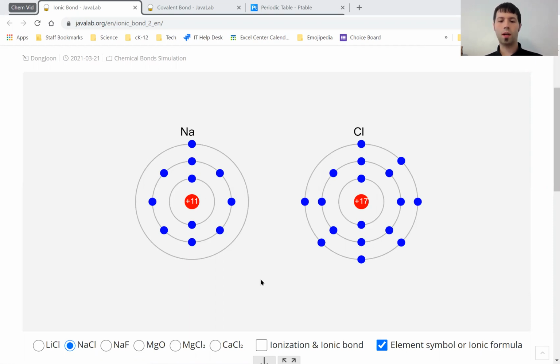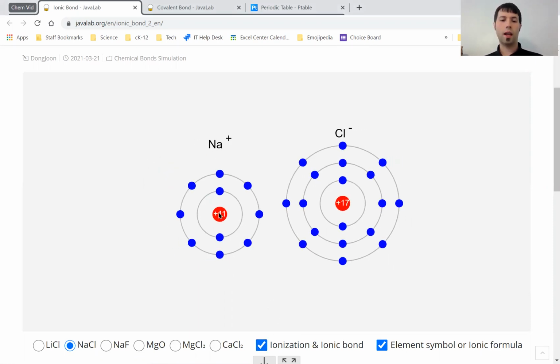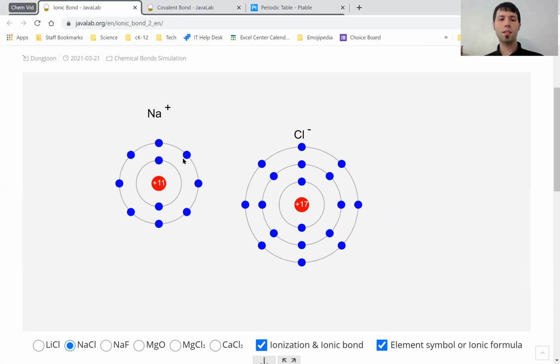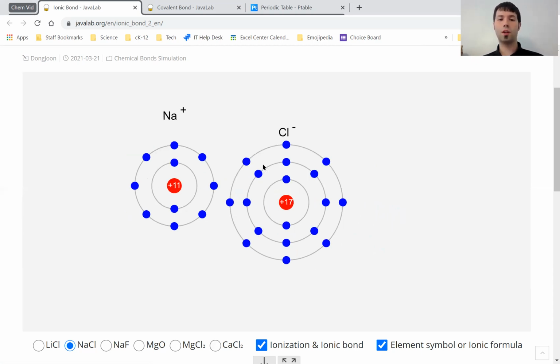So you remember when we ionized the atoms, sodium only had 1 electron, so it gives its electron to chlorine, which has 7, which would very much like to have 1 more electron. And now sodium and chloride both have 8 electrons in their outer shell. Since sodium gave up that electron, it is now positively charged. When chlorine took the electron, it became negatively charged